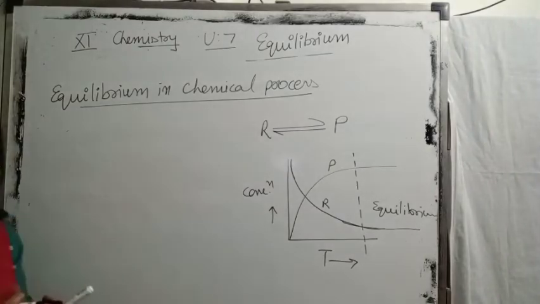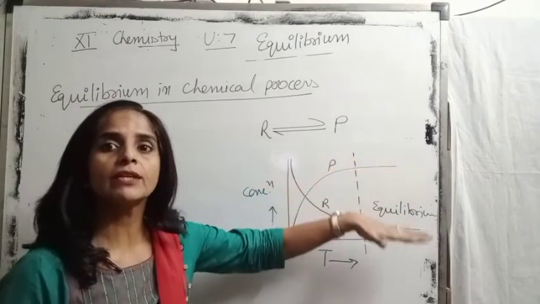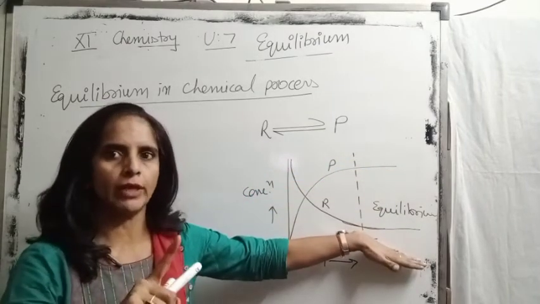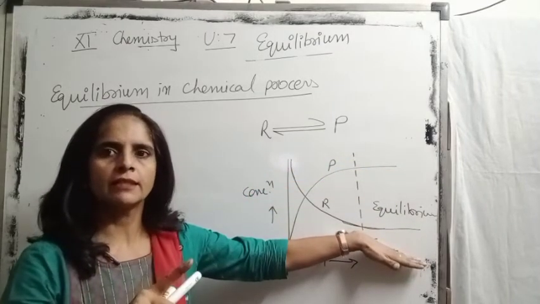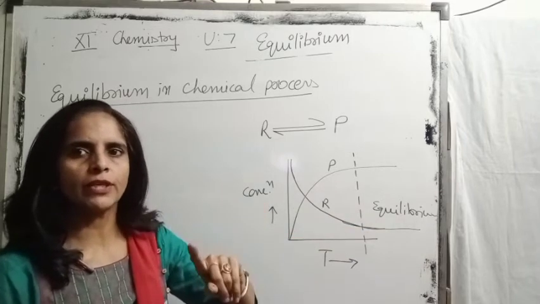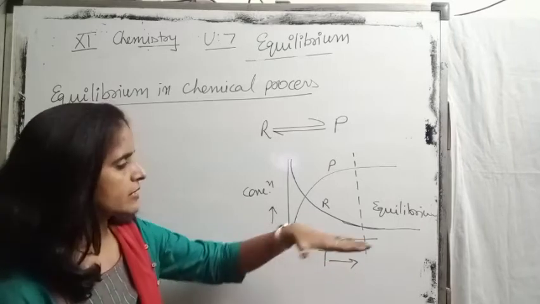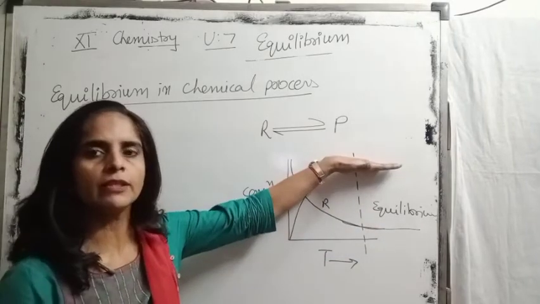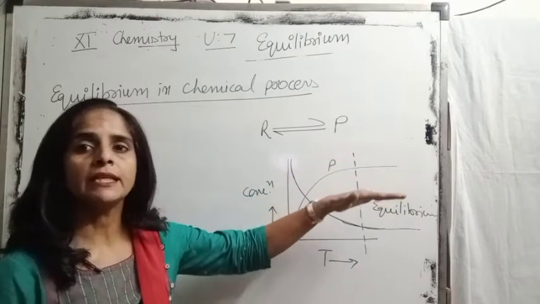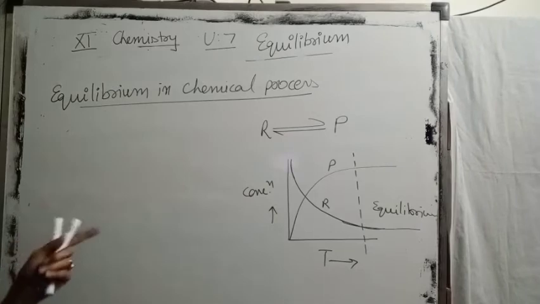One thing is also clear here, that the concentration is becoming constant in both cases, not equal. As we discussed in the beginning, at the equilibrium stage, we never say that the concentrations of reactants and products become equal. We say they become constant. Like here, these two concentrations are not equal, but yes, they are constant. I think this is clear with the help of this graph.